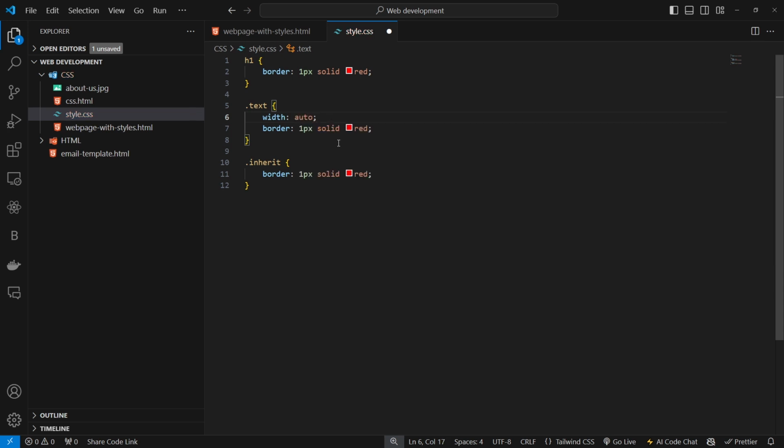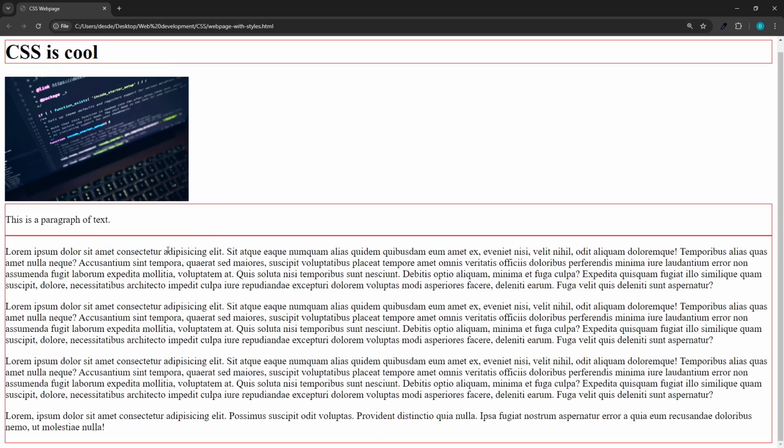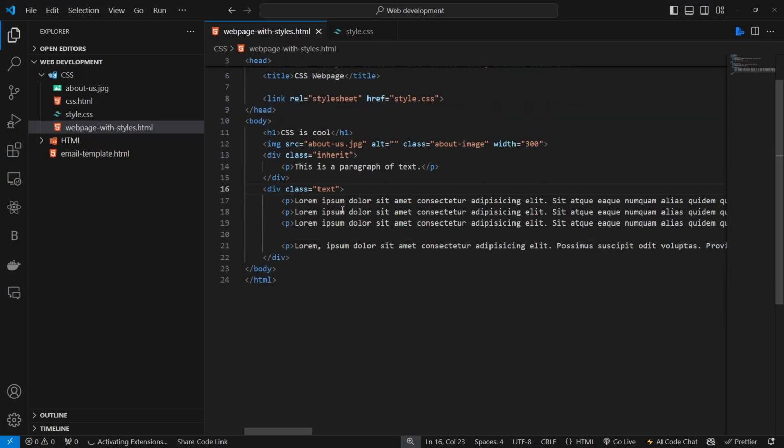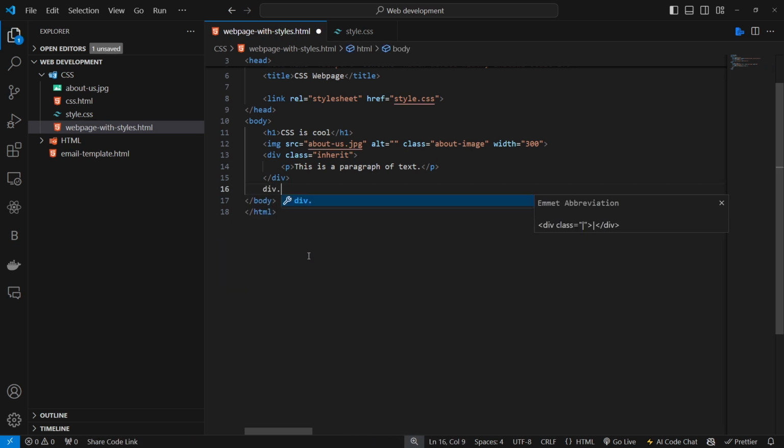Now auto just calculates the default width, and it's dependent on other properties. So in this case, the width auto will be dependent on the text that is inside this element. Now this may be different in other cases where you have this nested inside another div. Like if we look at this, let's go back to this text div. If we cut this now and put it inside another div that has a class name of container,